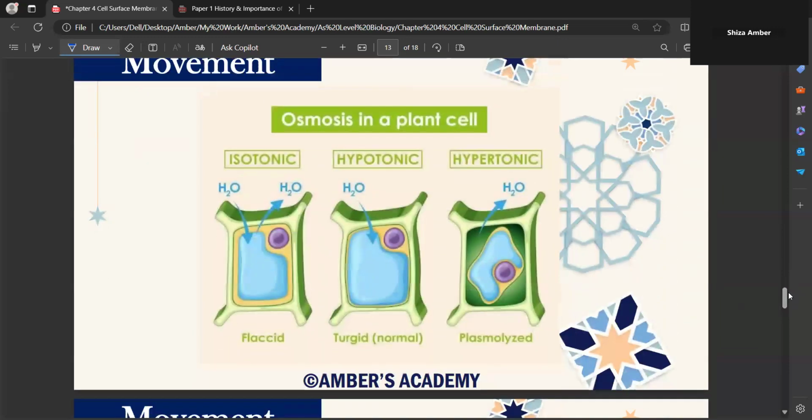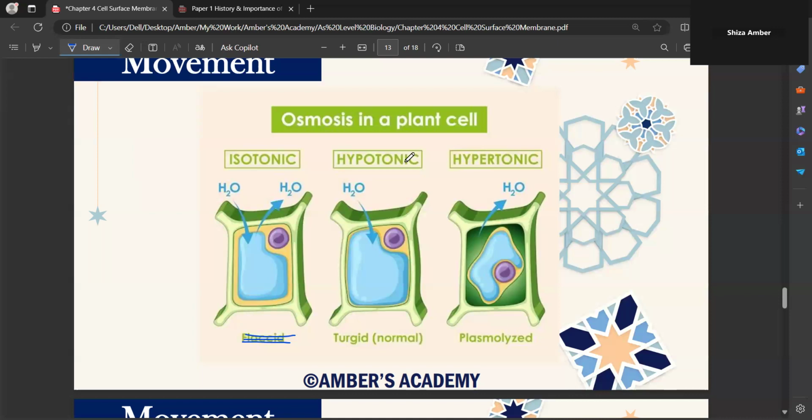Now, this is just a quick recap from your O levels, that isotonic is the solution where water potential is equal. So if you place a plant cell in an isotonic solution, nothing will happen. There will be no change in the shape of the plant cell when it's placed in isotonic solution. But when it's placed in hypotonic solution, where water potential is very high, water molecules are going to move from the outside of the solution to the inside of the plant cell,